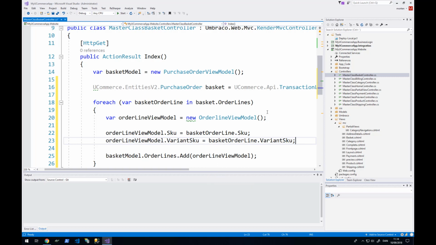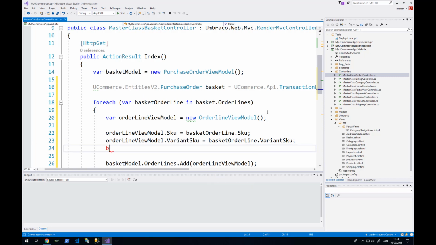Notice that here on the basket order line, we do not have a reference back to the actual product. I cannot say basket order line.product. This is because in a commerce system, it doesn't make sense to have the product stored directly against an order line. There's different reasons for this. The first reason is that orders will exist for many more years than products will. Products tend to go out of stock, out of production and stuff like that,